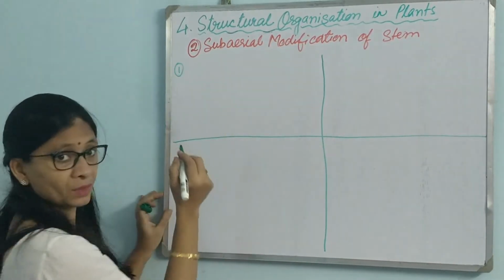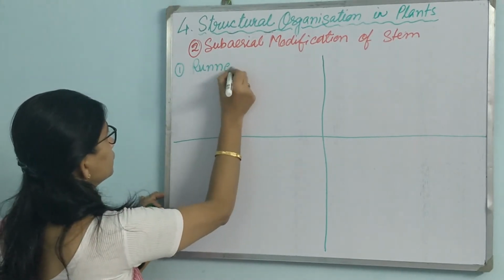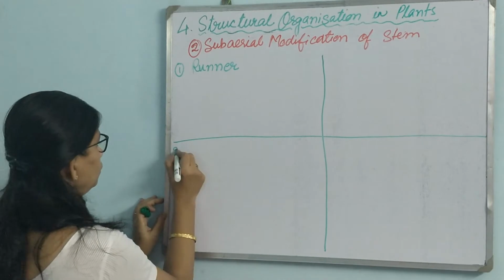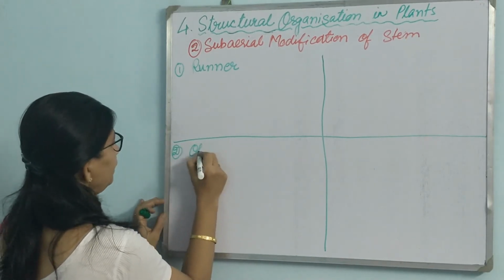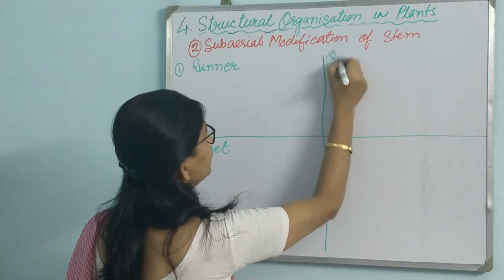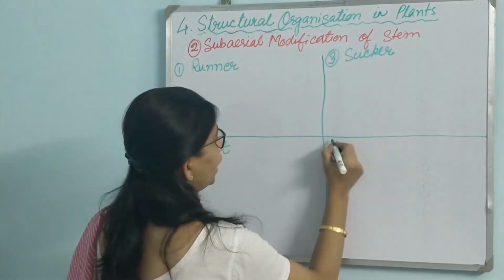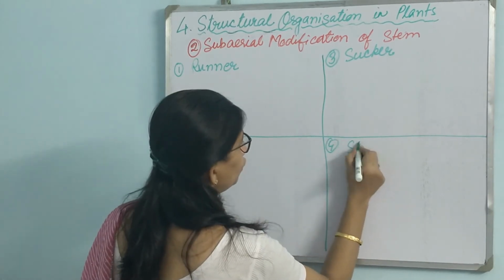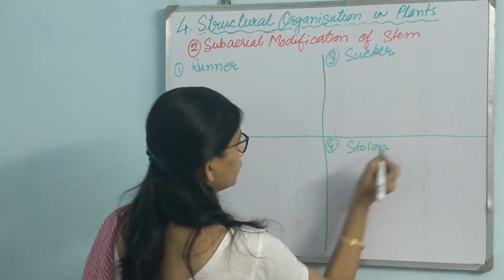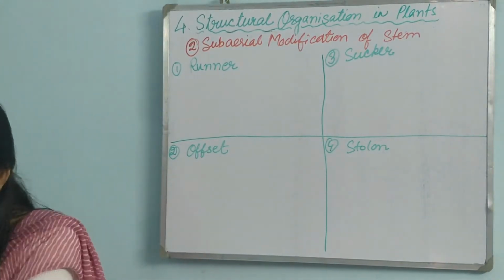Number 1, it is known as runner. Number 2 is offset. Number 3 is sucker. And number 4 is stolon. Let's take all of these together. Okay, now